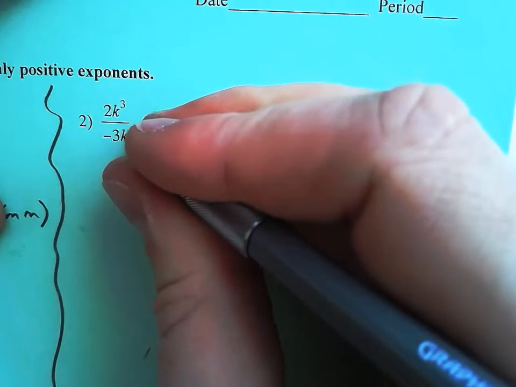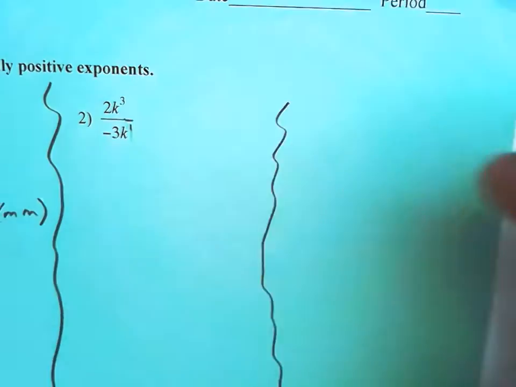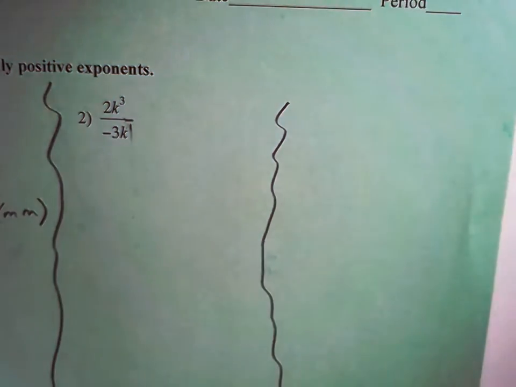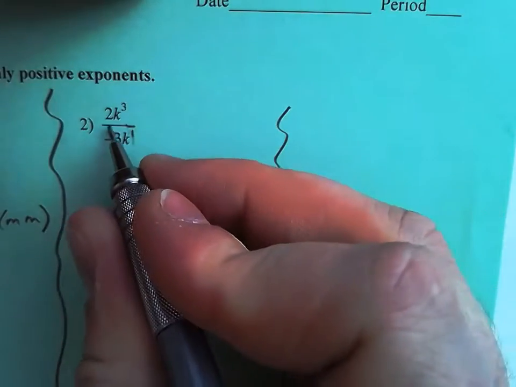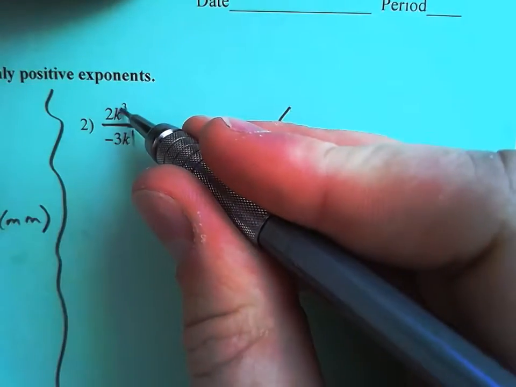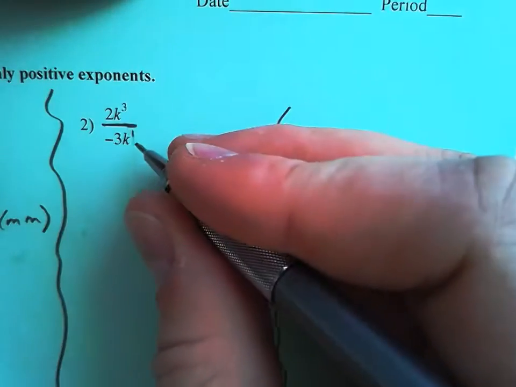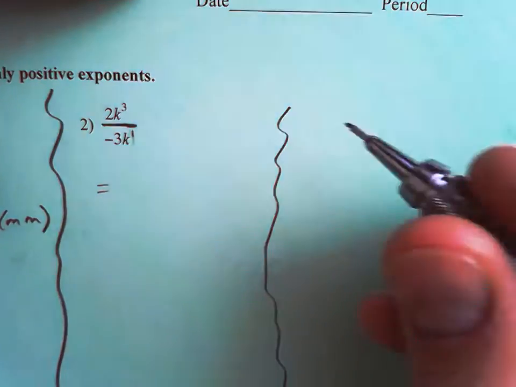If there's no exponent on something, it's the first power, not the 0 power, because there's one of them. So k to the third over k to the first, according to the quotient property, you subtract